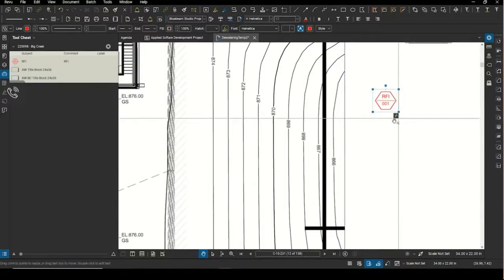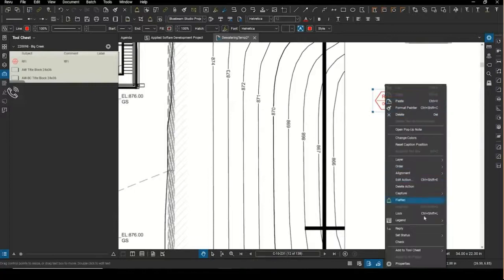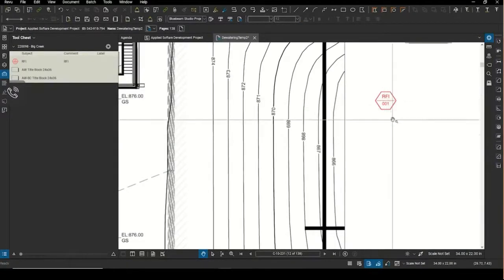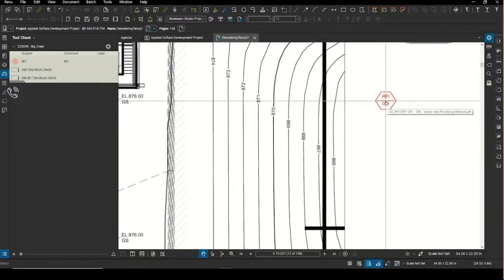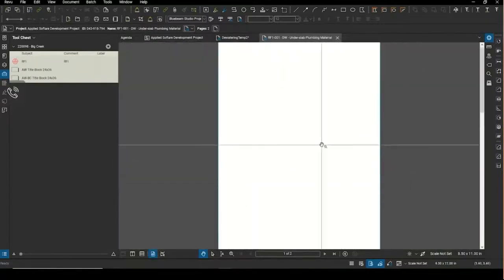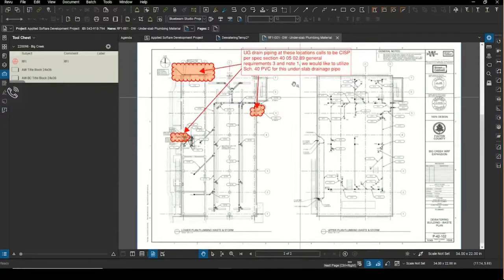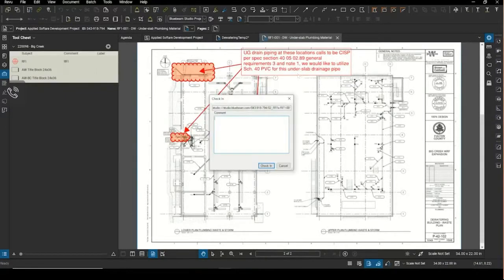Now it created this hyperlink, paperclip, I guess is what you call this. I still haven't found the right name for this thing here. But the next thing that I want to do is I want to make sure I flatten this markup. Once I flatten it, the paperclip will go away. And now if I hover over it and I click on it, it's going to open up the RFI that I hyperlinked it to. So I'm going to go back, say check-in,